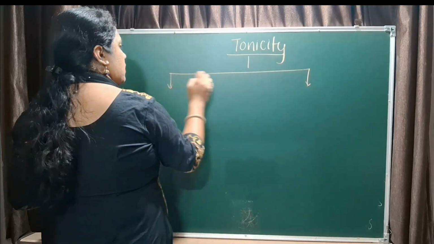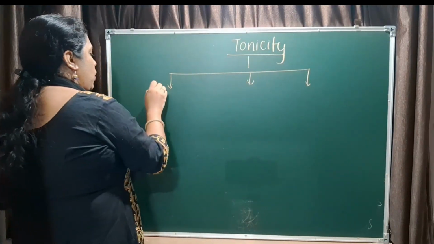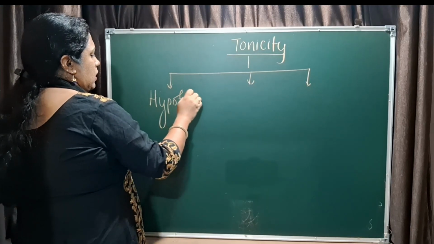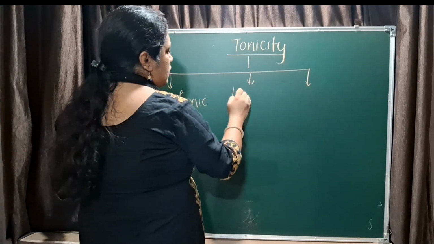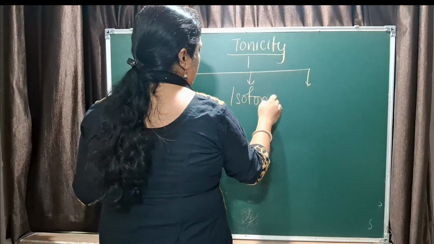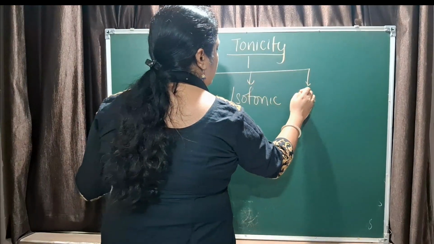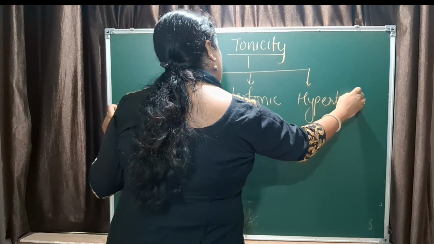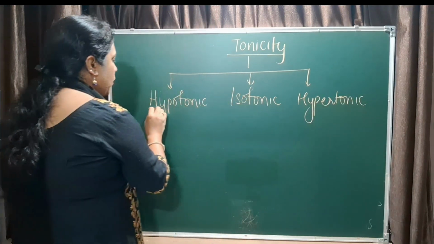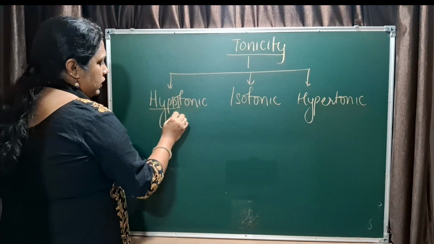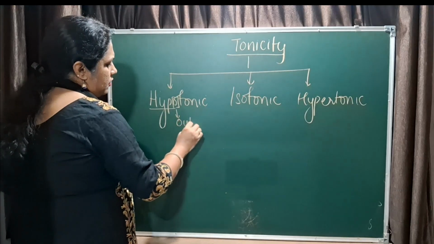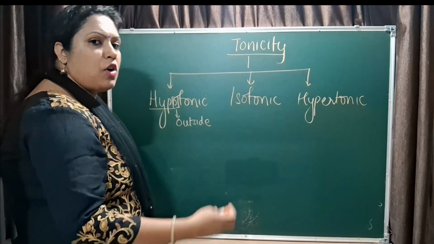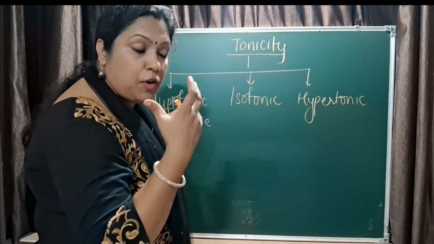One is hypotonic, one is isotonic, and the other one is hypertonic. Now hypo means outside. So water always moves outside from the container which contains the